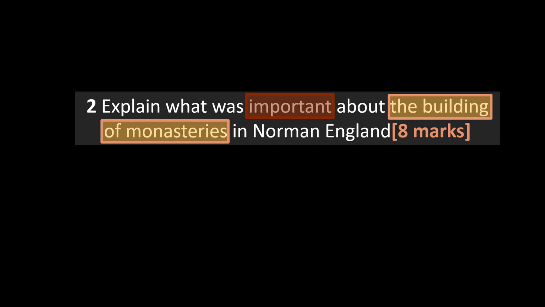This is very similar to the significance question for your medicine paper, but it does not require you to examine a long-term significance, since this is a depth rather than a breadth study. Instead, you need to consider 2 distinct ways in which the topic was important. This can be important from a social, economic, or political perspective. In other words, important to the people, to the Norman kings, or to the wealth of the country.